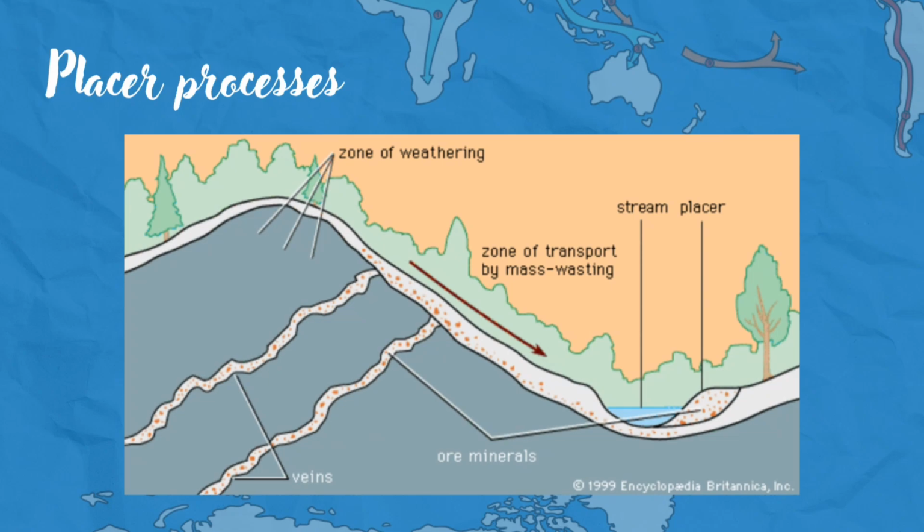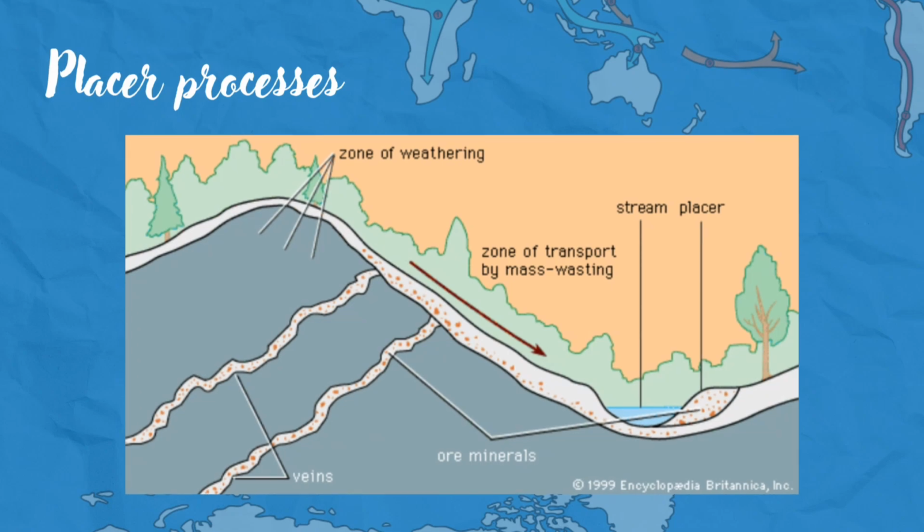The stream then transports these particles along its path where they eventually settle in specific areas, forming placer deposits. These deposits are concentrated by the action of water, with heavier minerals sinking to the bottom and accumulating in the stream bed. Placer deposits are important sources of minerals like gold, tin, and platinum, which are often extracted by panning or dredging from the water. This natural sourcing of minerals due to their density is what makes placer deposits an economic